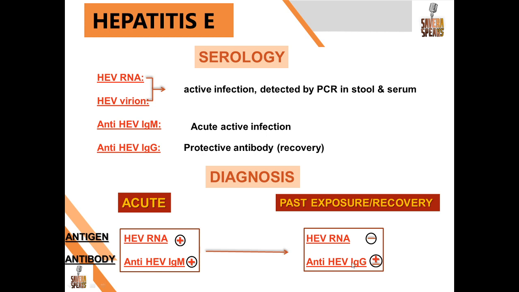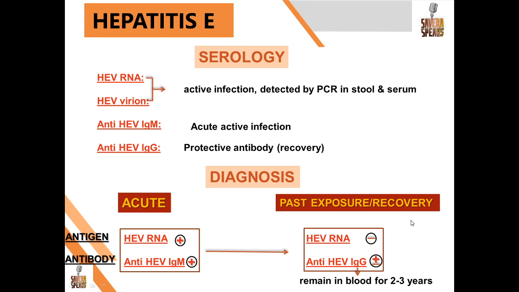The anti-HEV IgG may or may not be positive, because it usually persists for 2 to 3 years. So if we do the serology after some years, it may come as a negative. So I've just mentioned here that it may be positive or negative. Otherwise, this is positive in the initial years of the recovery, but after some years it usually fades off, and it may come as negative, and HEV RNA is negative.